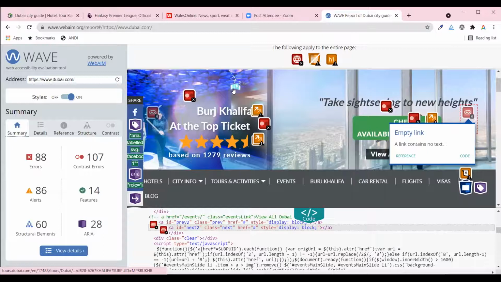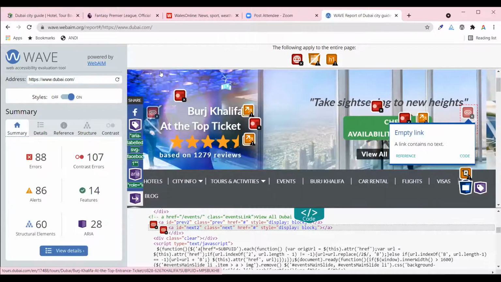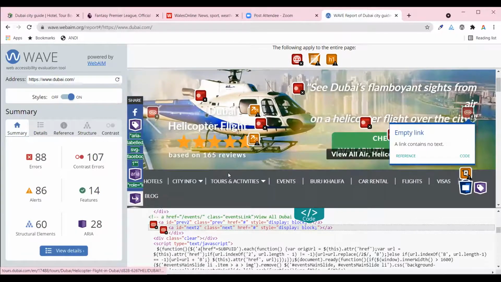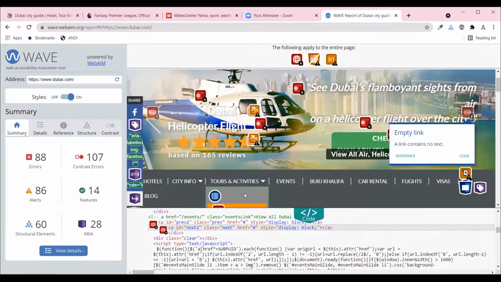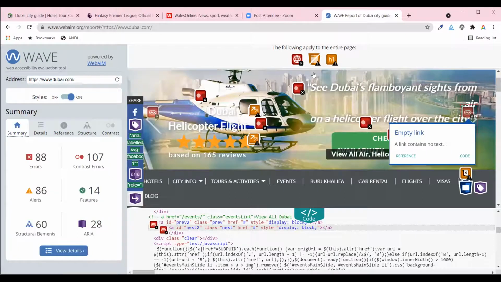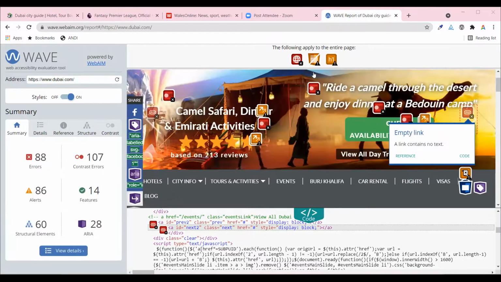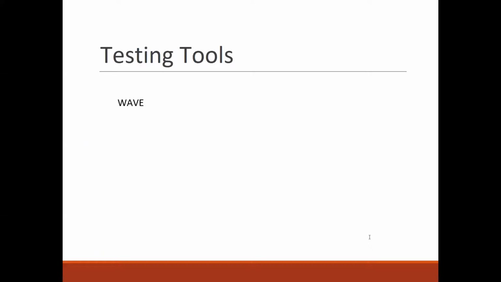I'm looking at the time, so we're going to switch gears and go back to the slide deck to introduce a new tool. Bear with me for a second. Okay, so